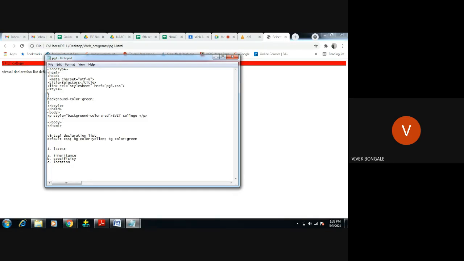If the parent is having some property, right? For example, I am using body. For body, I am using color as red. Okay, in body using color red. So all the tags we have used in the body, all tags should be displaying red color. That is what inheritance is. And specificity means what?